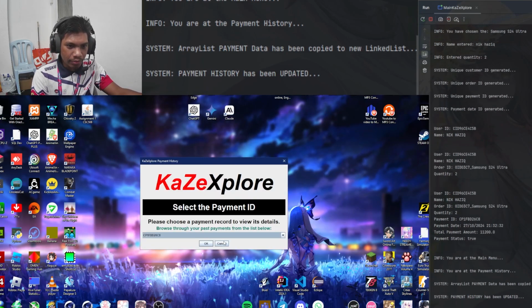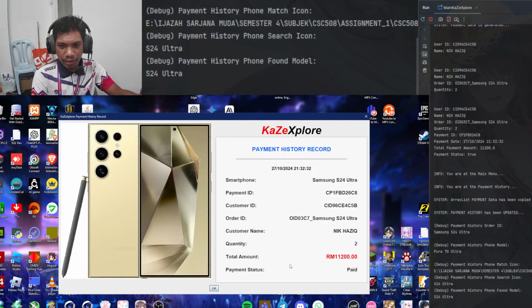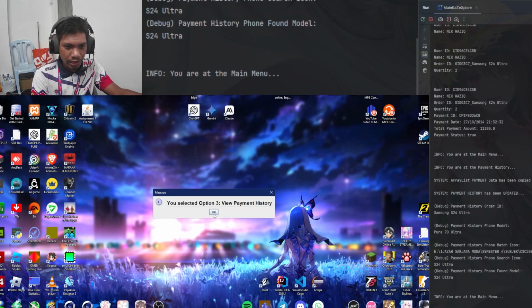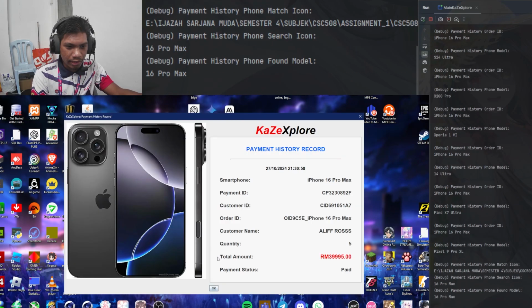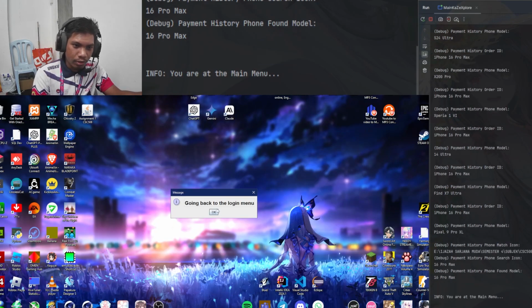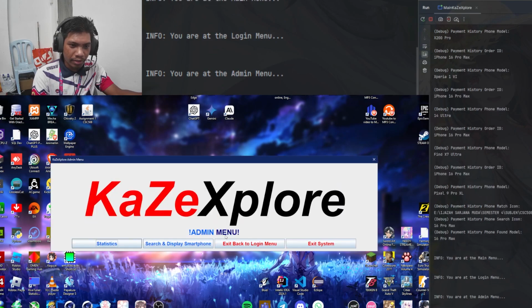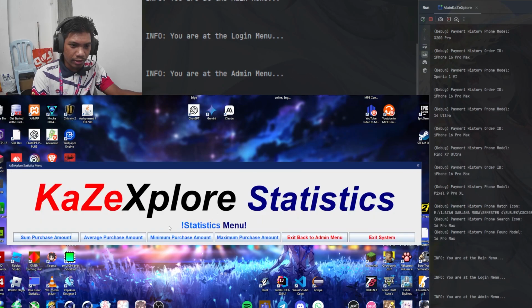And let's see the payment history. Now the latest payment would appear on the top, so it's much more convenient, right? See, this is HAFIZI, and we can also check back the old one. See, Alifro's payment. Now we're gonna go back to the login menu, admin menu,